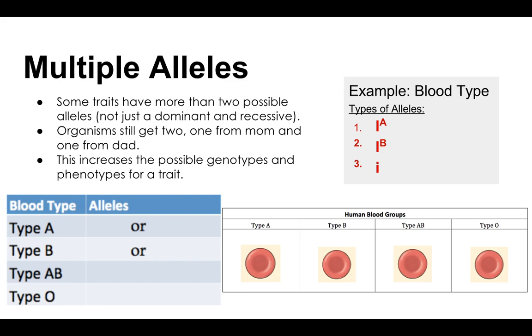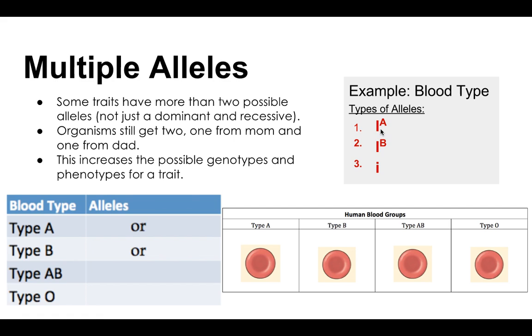You could have a dominant allele that makes an A protein, another dominant allele that makes a B protein, or a recessive allele that doesn't make any protein at all. Okay, so what are these proteins, by the way? They're really just almost like tags or ID cards that cells have on their surface, so the body recognizes these cells and says, okay, you're supposed to be here, or if it's a bacteria or a foreign invader, they'll see a different tag and realize it's not supposed to be there, and they'll attack that